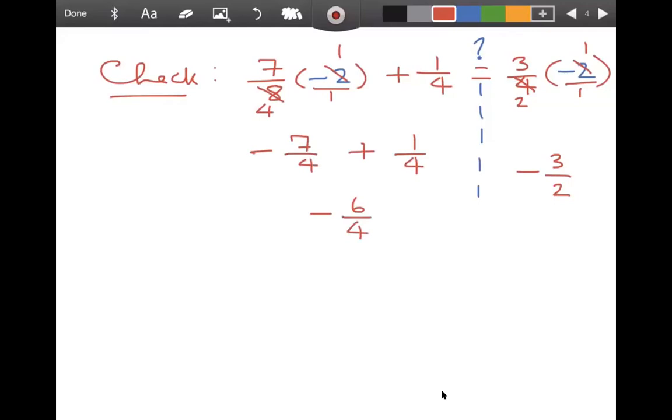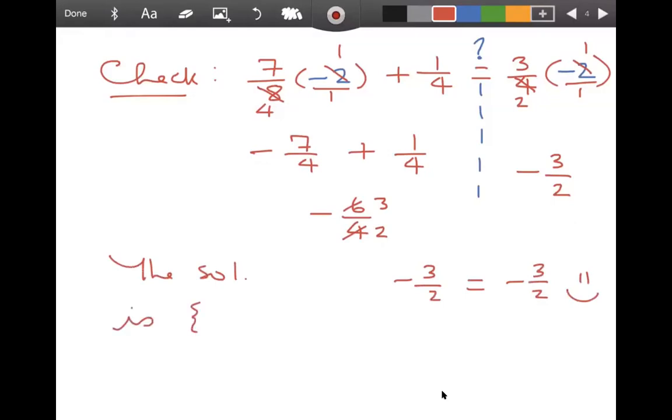Well, yes, it will, because negative 6/4 is not in simplest form, is it? 6 divided by 2 is 3. 4 divided by 2 is 2. The left side and the right side both come out to negative 3 halves. Woohoo! Okay, so don't forget,